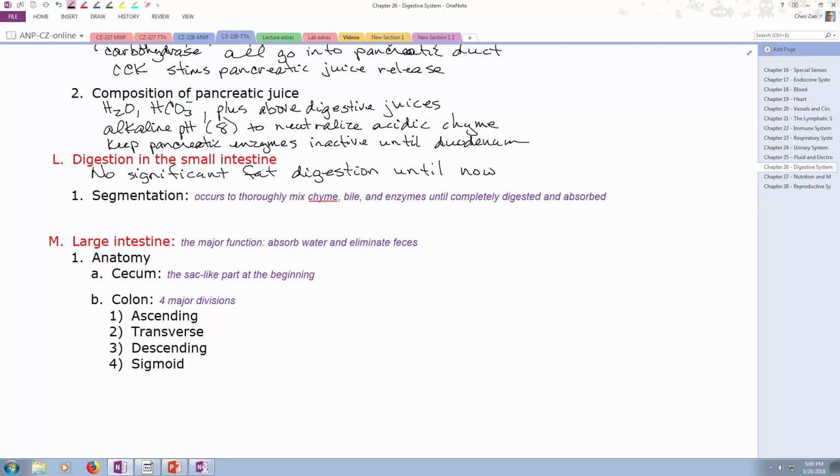to help them get physically digested and then mixed up with all of the enzymes that we've actually added in there. So segmentation is clamping down on one end of the small intestine, clamping down on the other end of the small intestine, and pretending the small intestine has teeth by its little muscles, chomping down on the contents and mixing things thoroughly, breaking them down physically as well as enzymatically. After we've had significant mixing, we will then absorb the stuff, and then peristalsis